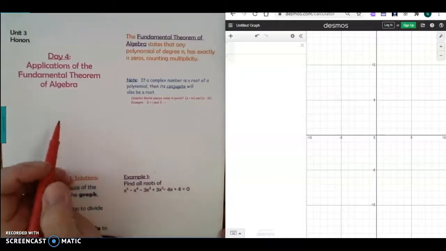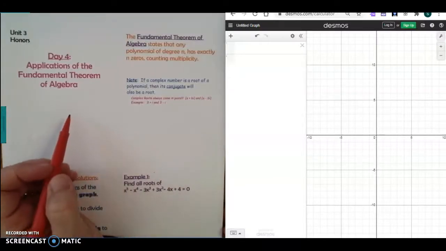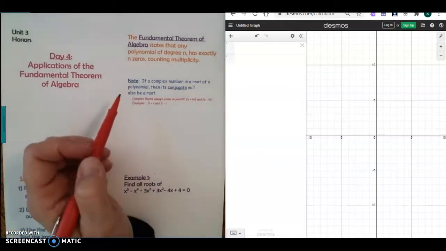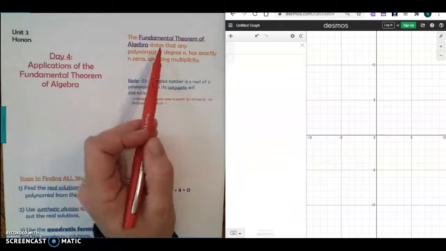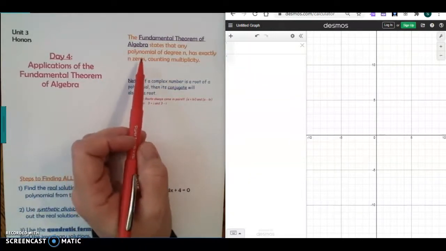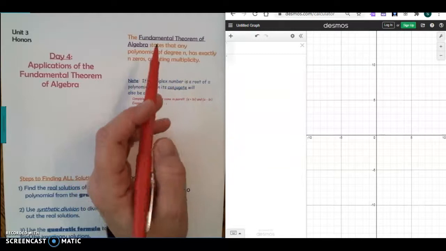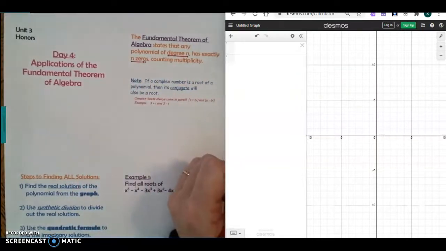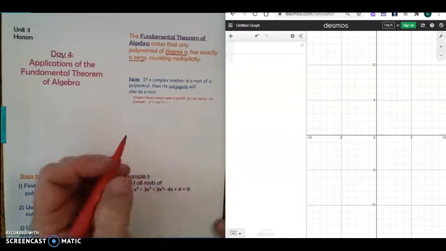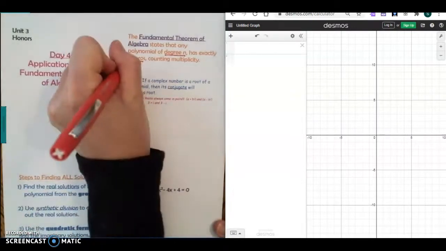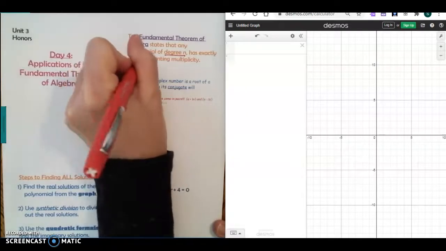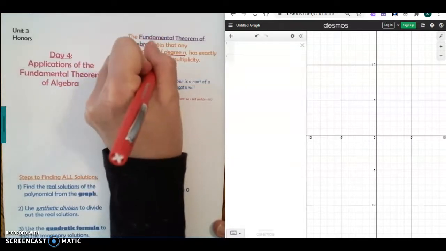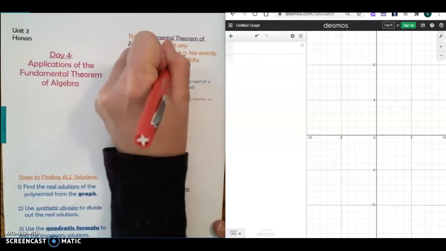Alright guys, today we are going to do applications of the fundamental theorem of algebra, and if you're wondering what that is, the fundamental theorem of algebra states that any polynomial of degree n has exactly n zeros, counting multiplicity. So for example, if I had the function in factored form (x + 1)² times (x + 4) times